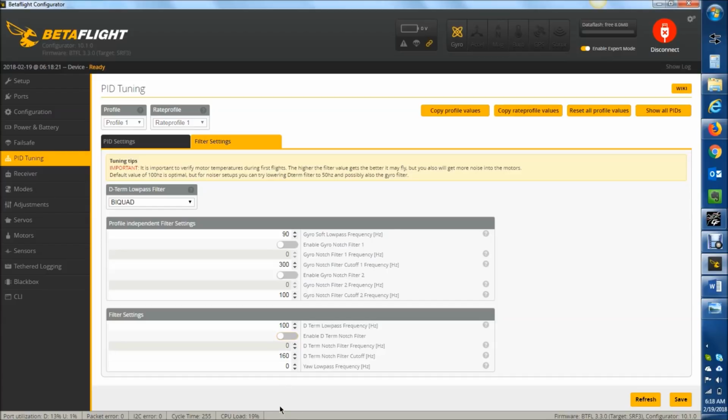Go ahead and fly it, then go fly it and turn off your D term notch, see if your motors are hot. If not, then go fly it again with your D term low pass filter set to PT1. Again, be very cautious when you're making this change, and make sure you're not going to smoke a motor or they're not overheating. Keeping in mind that if you can, and maybe something to try is to turn off the original low pass filter. Essentially,